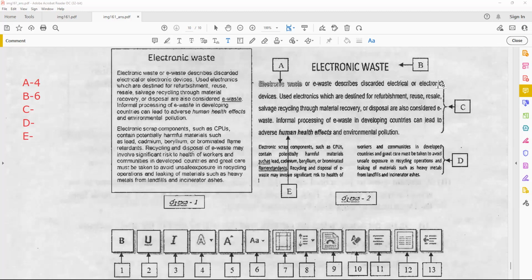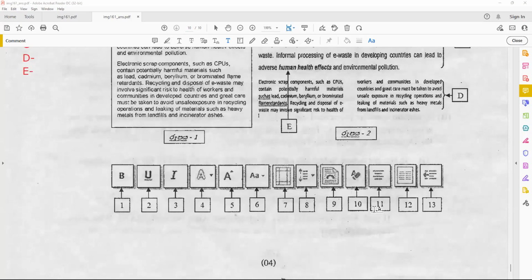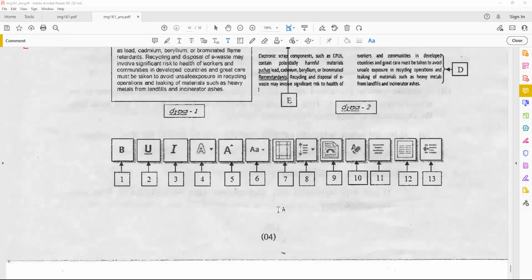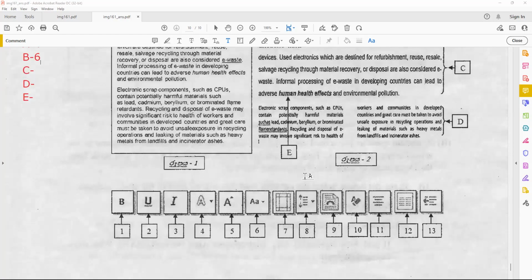What can you see here? Yes, both edges. Justify. Yes, it's justified, isn't it? But justification is not available, right? So since justification is not available,